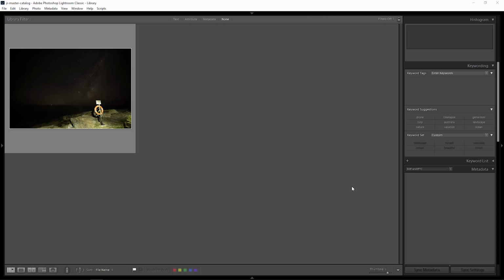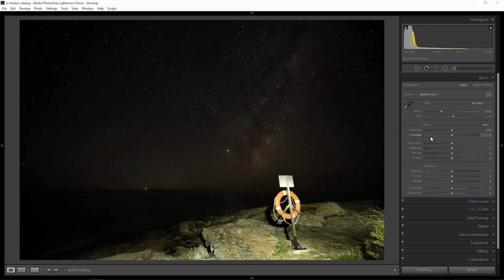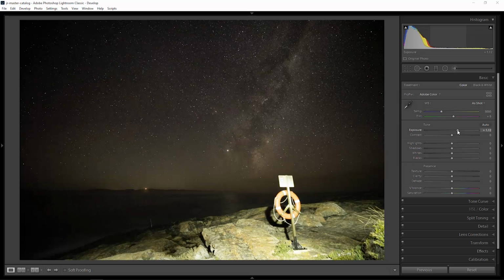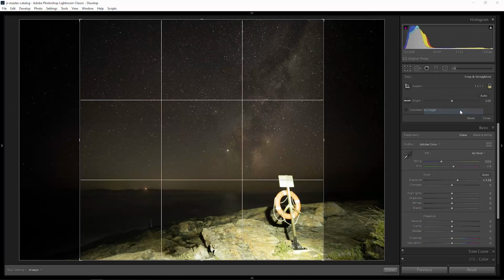Here's a photo I took a few months ago of the Milky Way, and in the foreground here I just lit this with a head torch so I could use a single exposure. So say for example I wanted a few different edits of this photo, one for Instagram, one to print off and hang on my wall, and perhaps another edit to upload to a stock photo site. If I click on this and hit D to go into the Develop module, I can start making changes to this photo. So for example, I might want to bring out the Milky Way, and if I wanted to upload this to Instagram, I could come up to the crop here, and for example, I could choose a square crop